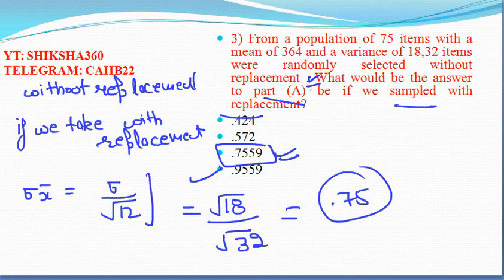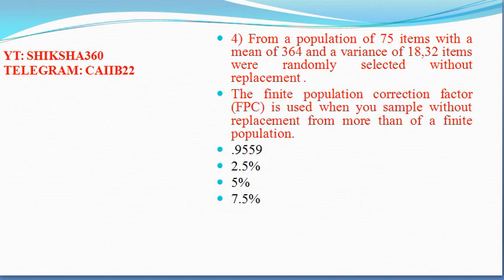Now let's move to question number 4, which is a new question with the finite population correction factor. In this question they have asked about the finite population correction factor. So what this question says is that